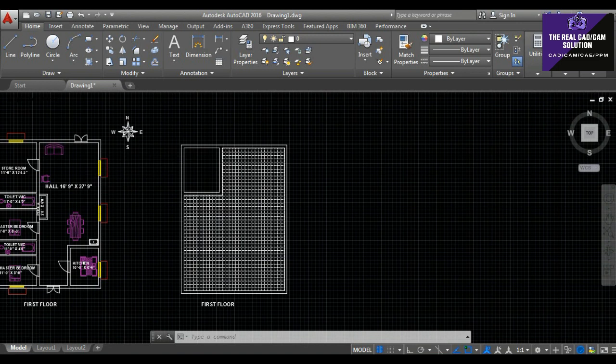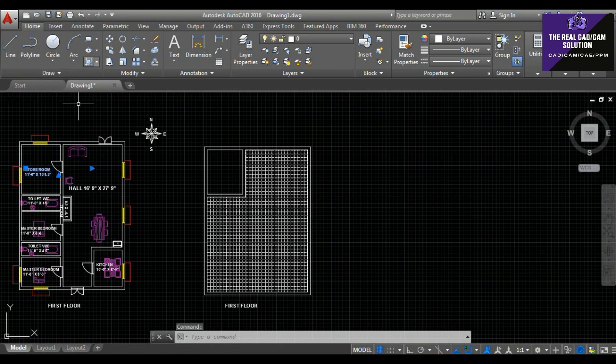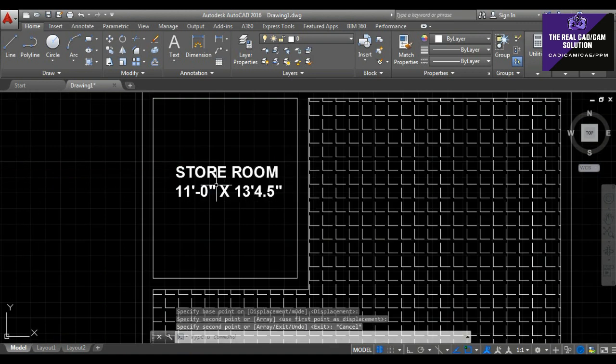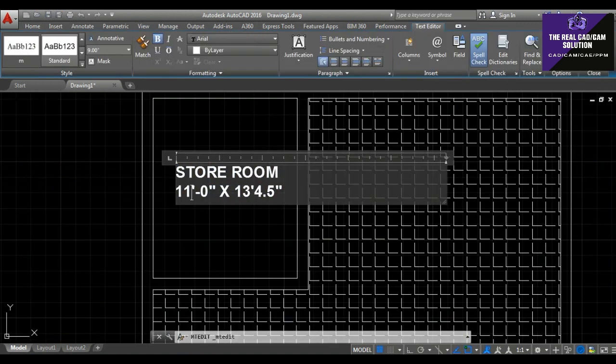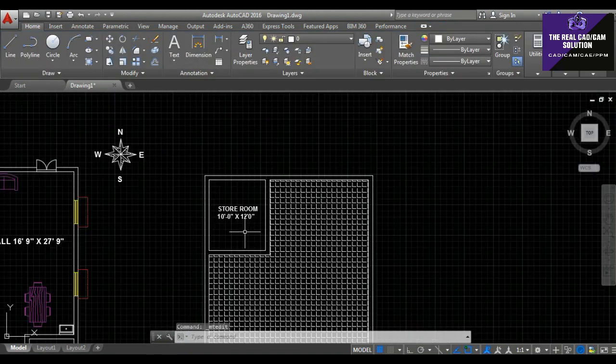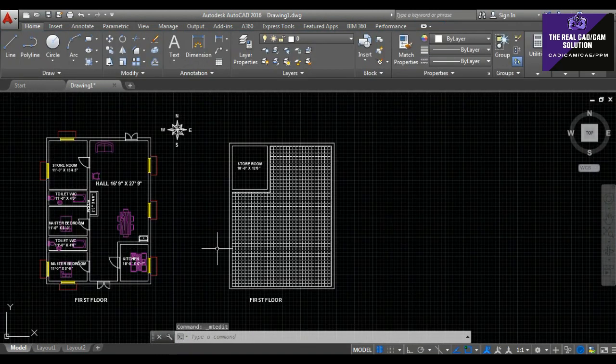This is my room. I want to use this room like a store room on the rooftop, but its size is a little different, so I'm going to change my room size. 12 feet cross 0 inch. Okay, it's really nice.